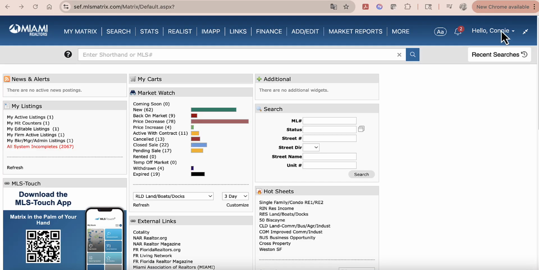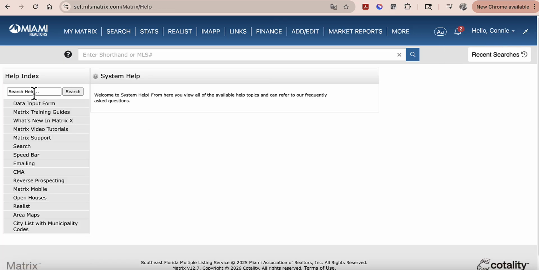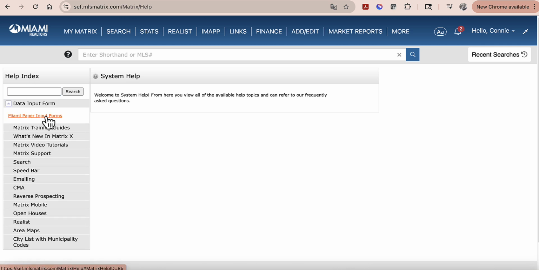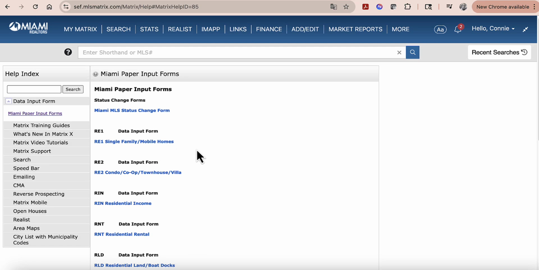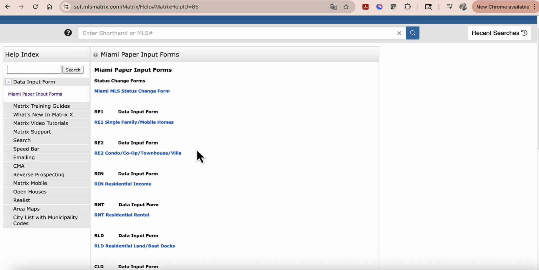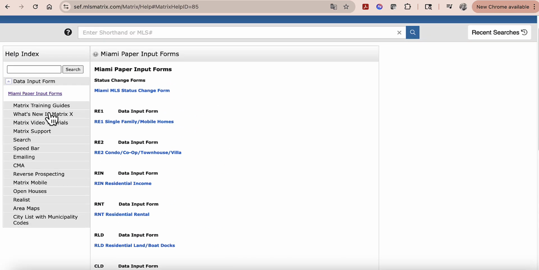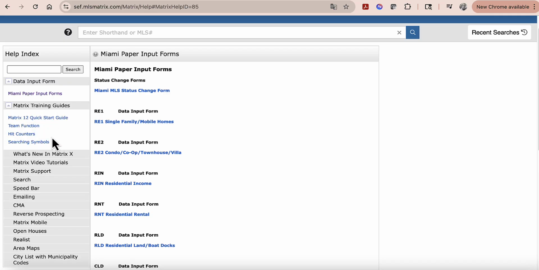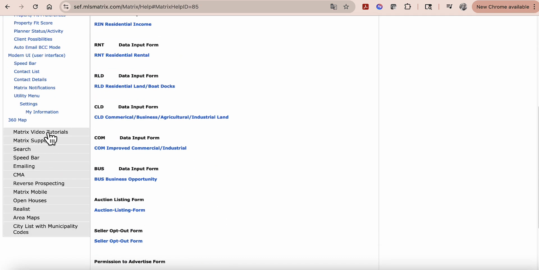All of that was done in Hello, Manage Branding. Click on Hello and visit your help area. Here you can come and search for help. You can find your data input forms, the paper data input forms, such as your Miami MLS status change form, the data entry forms to enter listings, which we will cover more in MLS 501, by property type, an MLS Matrix training guide, what's new in Matrix, video tutorials,